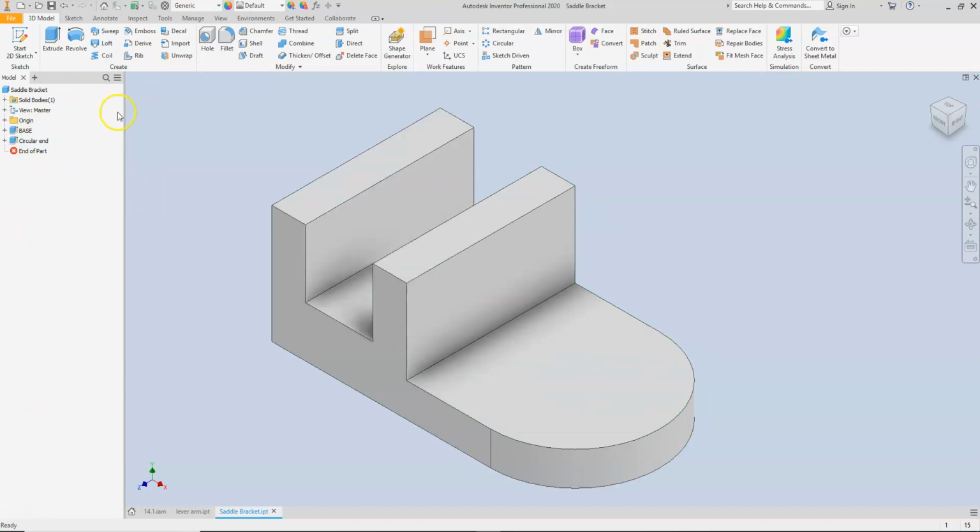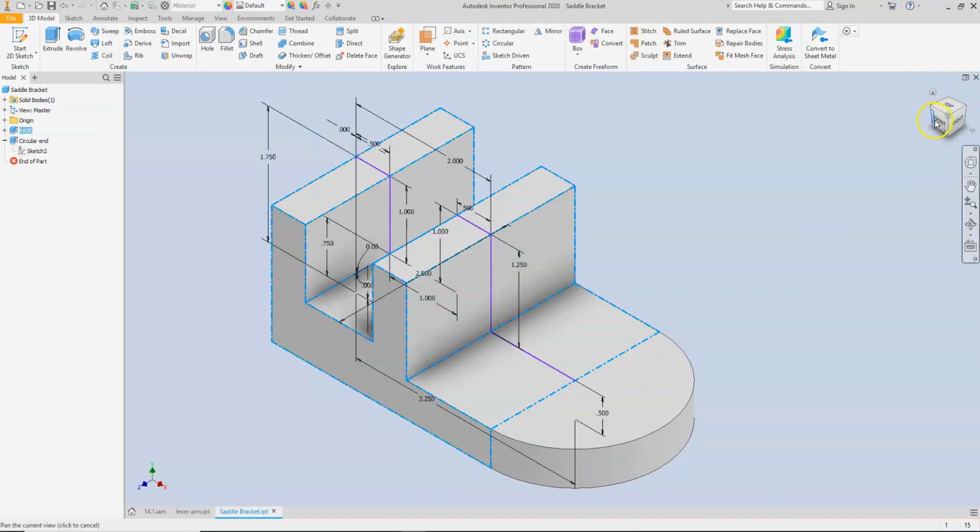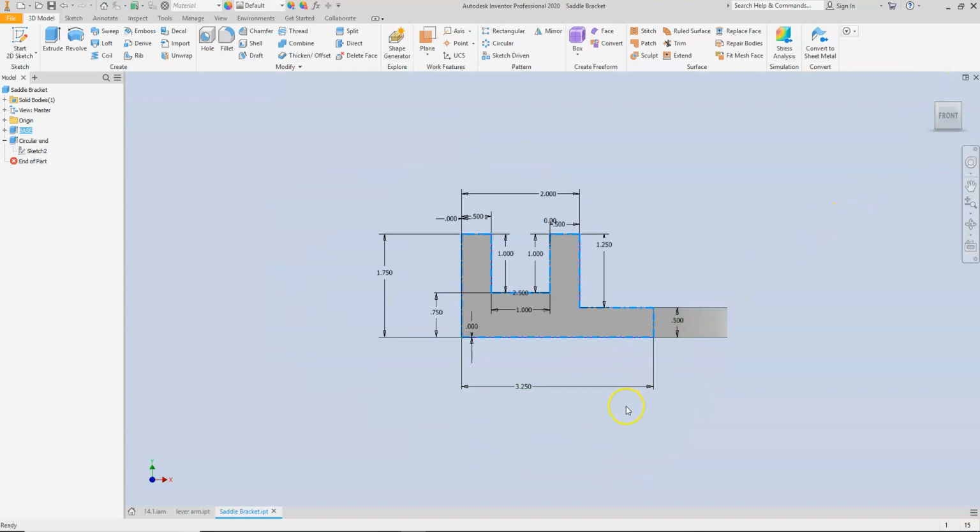Now let's move on to another method of editing the dimensions. In some of the previous videos or lectures in class, I've shown you that you can expand out the sketch and then edit the dimensions that way. You can also simply point to the base and show dimensions, and it will bring up all of the dimensions that were used in order to create that original sketch. So you can, without going into edit sketch and